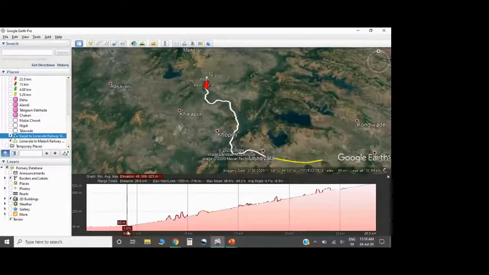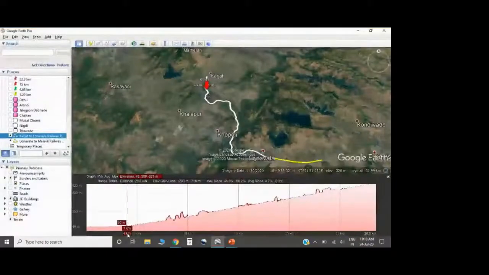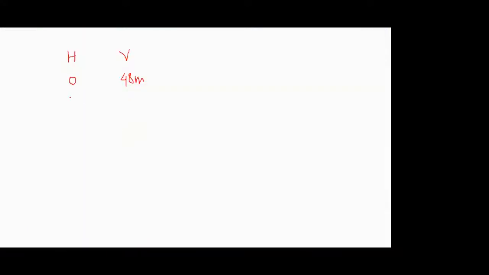Suppose at 4 kilometer I have an elevation of 60 meter. If you see the pointer where I have placed it, it's 4 kilometer, and there is a small box showing 60 meter. So that's the elevation at 4 kilometer. Now let's make the units the same and convert everything into meter.